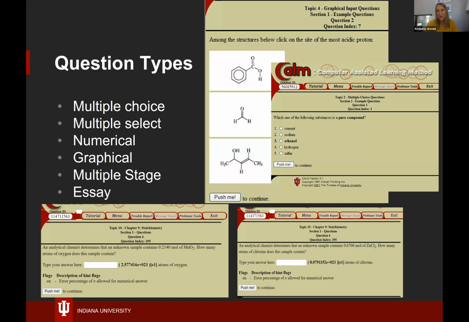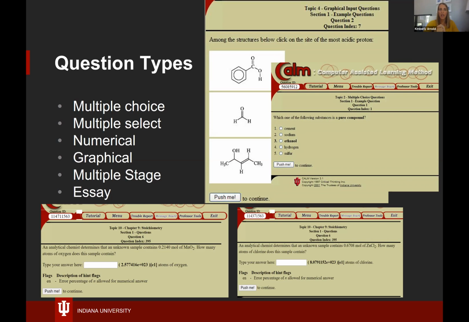But sometimes there's some good multiple choice questions. Multiple select, then it's more than one option that could be the correct choice. The numerical ones are set up so they have to solve a formula or whatever, and you can enter those in, and all the students would get different numbers in the first place and then different answers. Graphical, like this one right here, pick the most acidic proton. They actually have to click where the most acidic is, and it will say, yes, correct or incorrect, try again. Like the one I showed before, multiple stage, where you get it right, now you move into the second